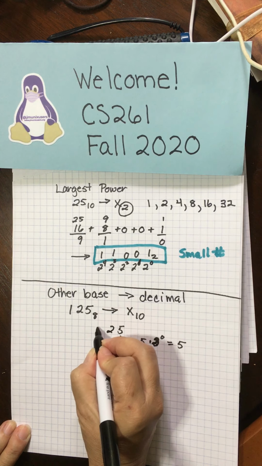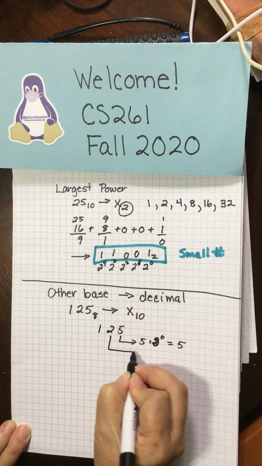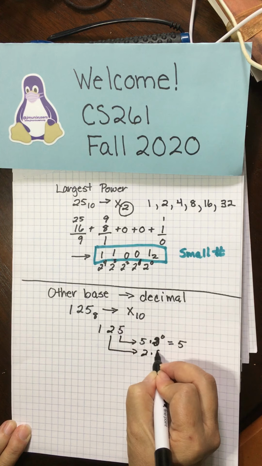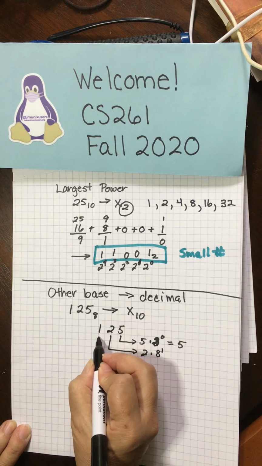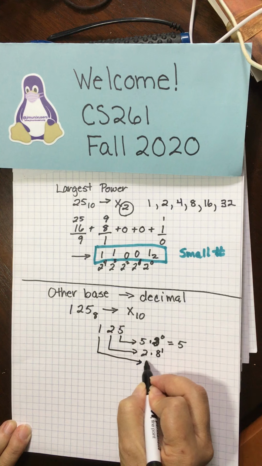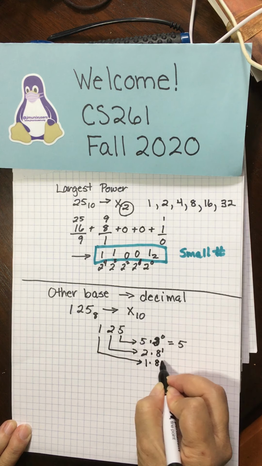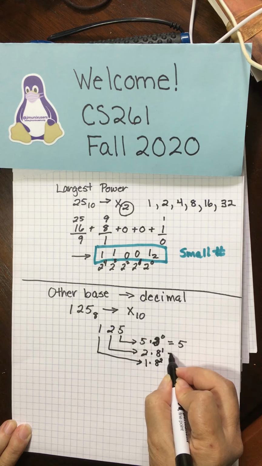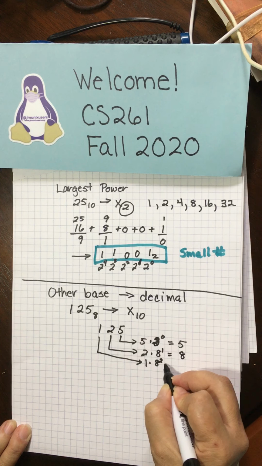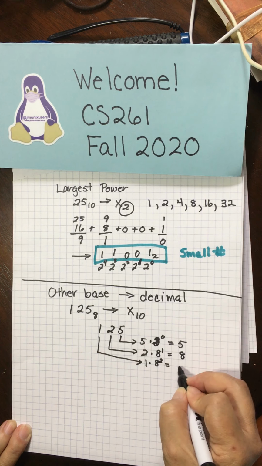And then I have a 2 and a 1, so 2 is going to be 2 times 8 to the 1, and 1 will be 1 times 8 squared, and so this is going to equal 8 times 8, which is 64,